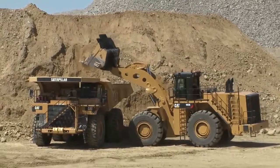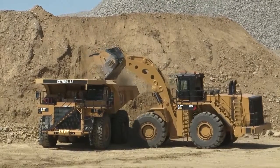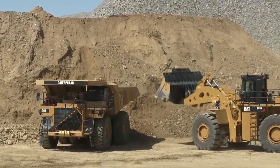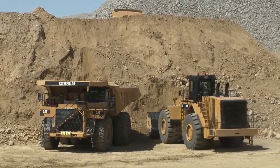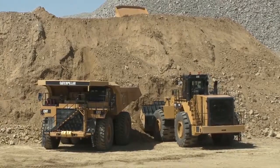So if we look at this match, we have plenty of reach, we have plenty of height. That is a high lift machine, swinging 30 ton a pass, 18-yard bucket. That cab is the same cab that you're going to see on the 994. I want you to get up in that cab and look at it. Randy's going to go through it when you have the class down below for the rest of the week, but